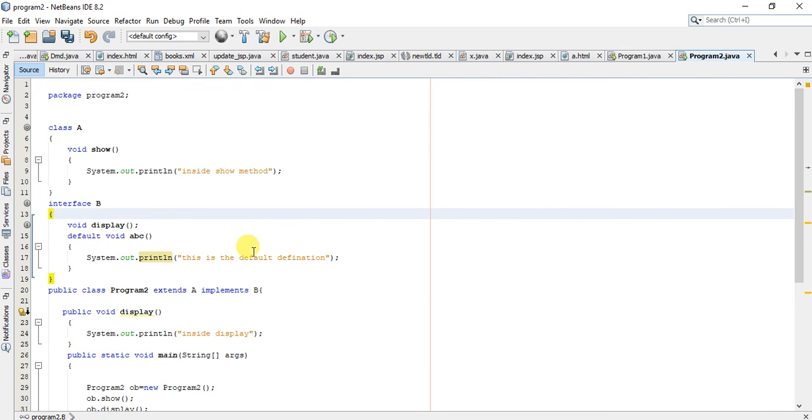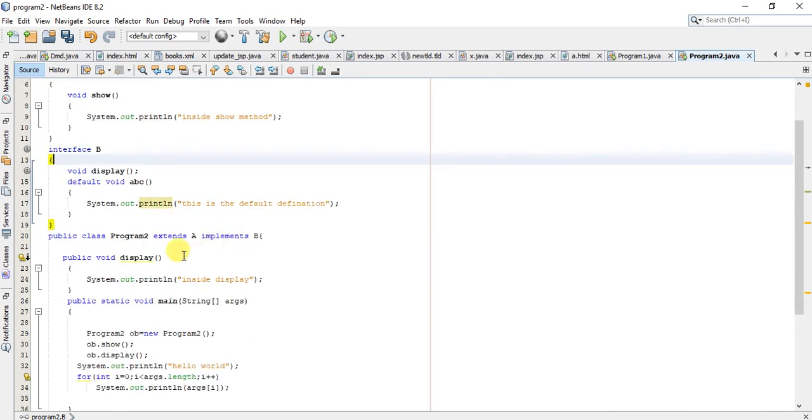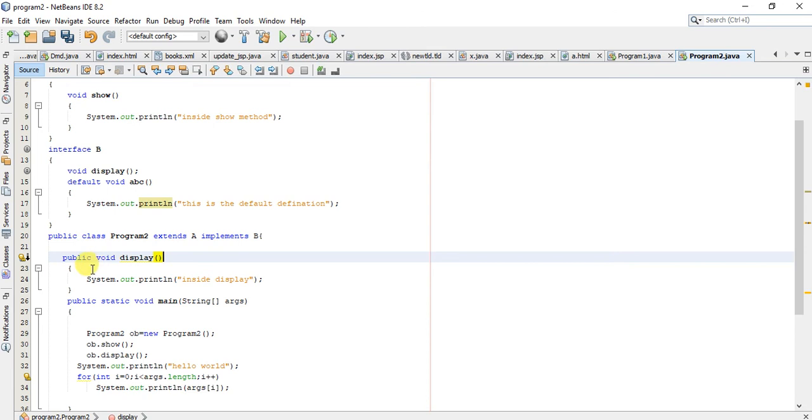Okay, so now we have two options here in Program2. Either we can override this abc method and give our new definition. Now you can see that it is not giving the error like it was giving in the case of display, because now abc has some default definition. If we are not overriding it and giving a new definition, it will take the default definition.